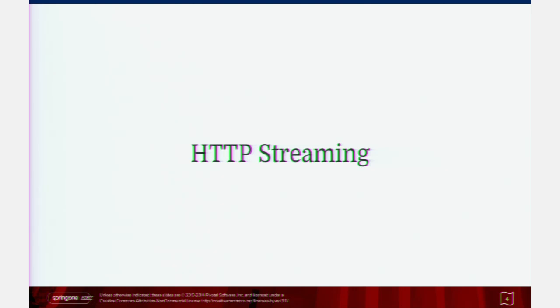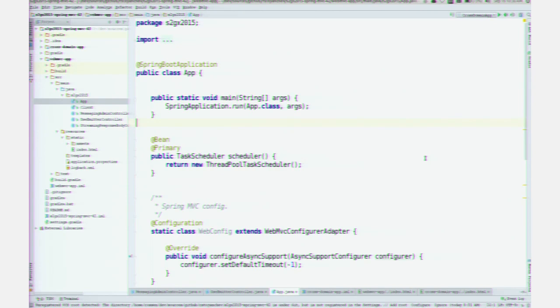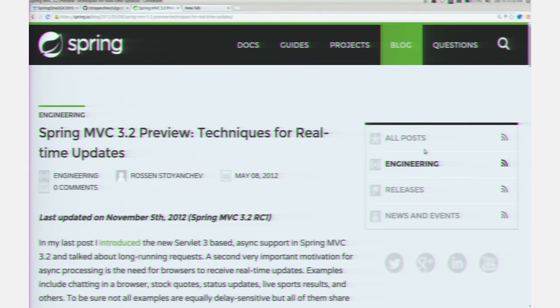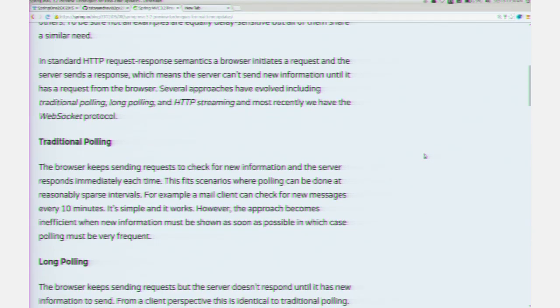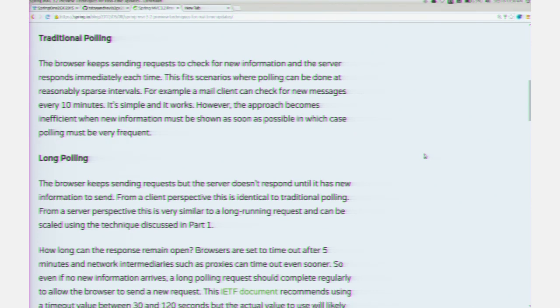And originally, when we started out, there was a blog post at the time that talked about different techniques for real-time updates for web applications. This was actually a multi-series blog post when we introduced asynchronous request handling. So this was basically based on a feature that was provided in the Servlet API, which we had first-class support for. And you can see here the gradation from traditional polling, which would be basically continuously polling